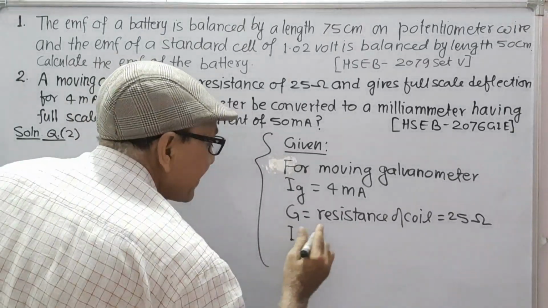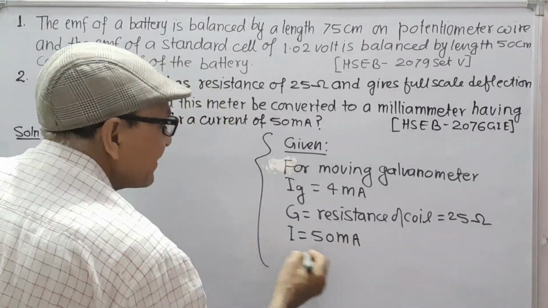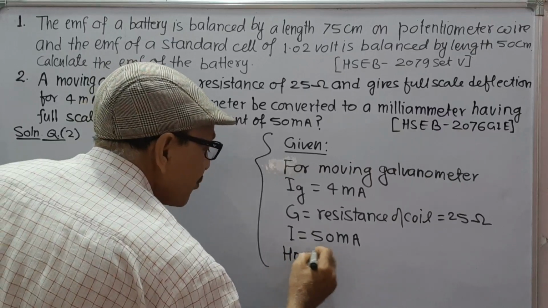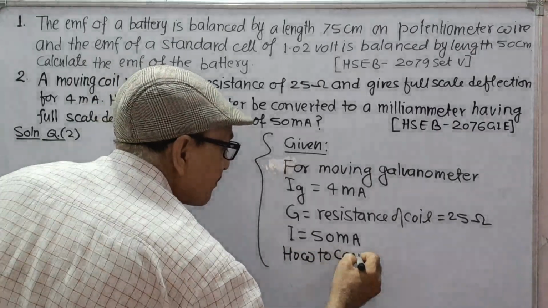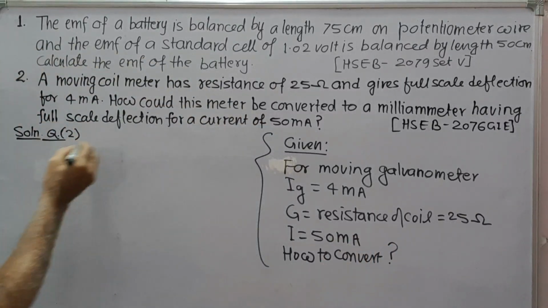To measure current I equal to 50 milliampere for full scale deflection, how to convert? Solution: